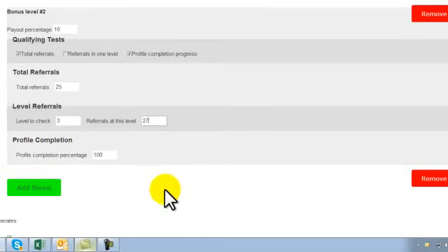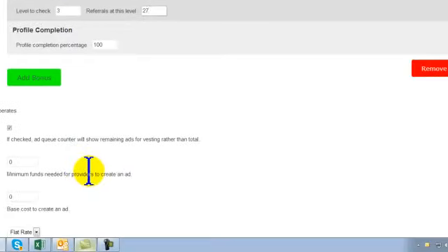And they have it so I can add bonus level and stuff. I don't know how well all this is working, but these are the types of things that I would need to have some control of. Now the affiliate